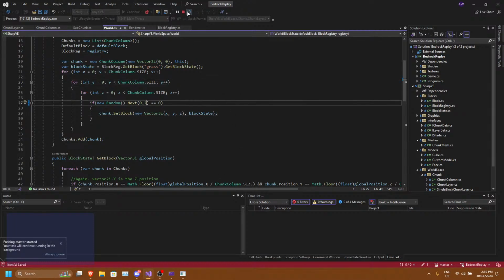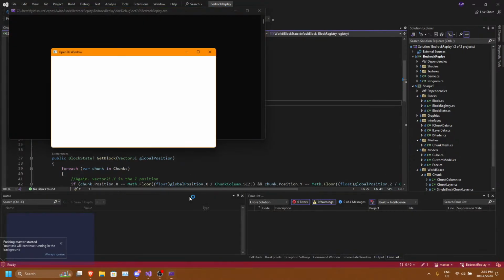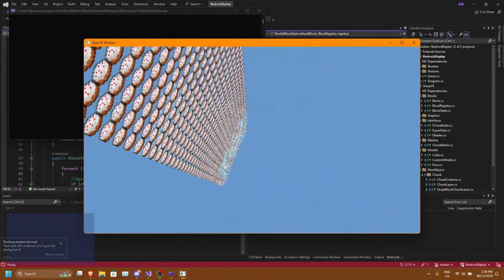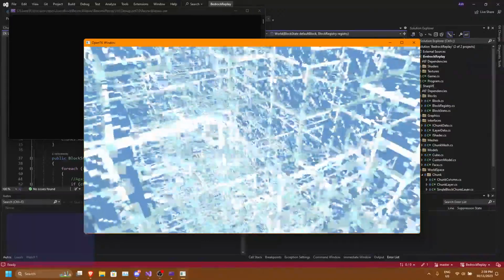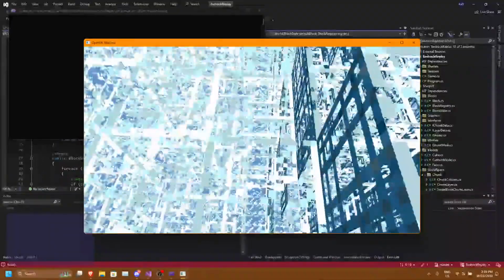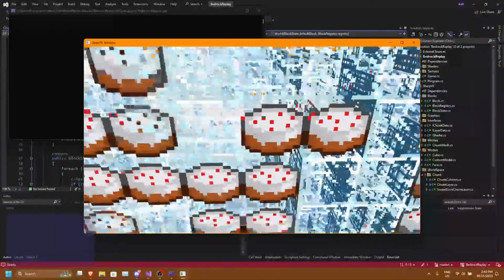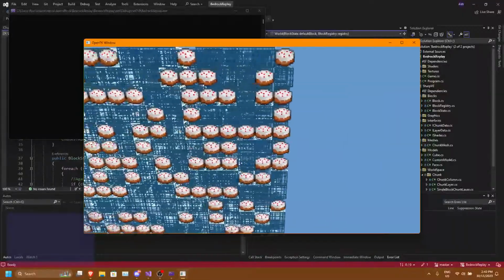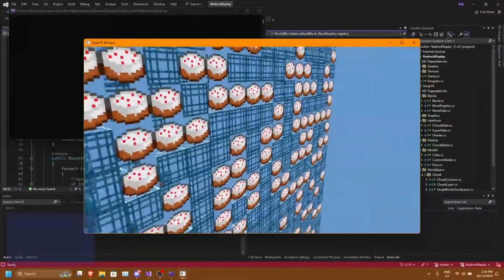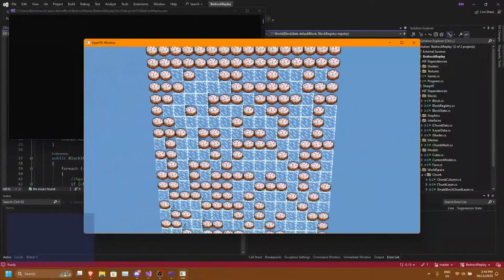We could probably make it half. It only renders it a single way. If I look at it from this way, only half of it renders. And if I look at it from the other way, it doesn't render at all.